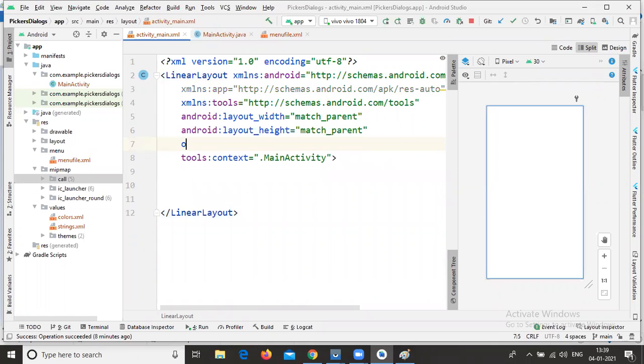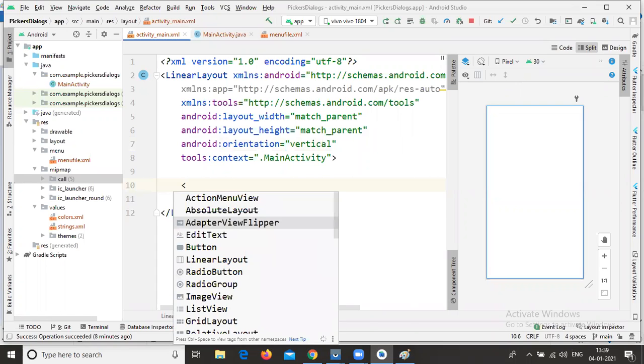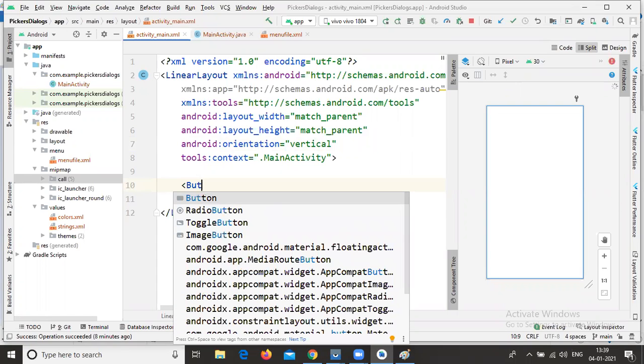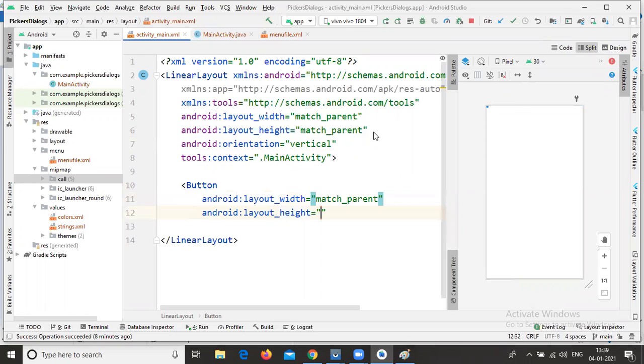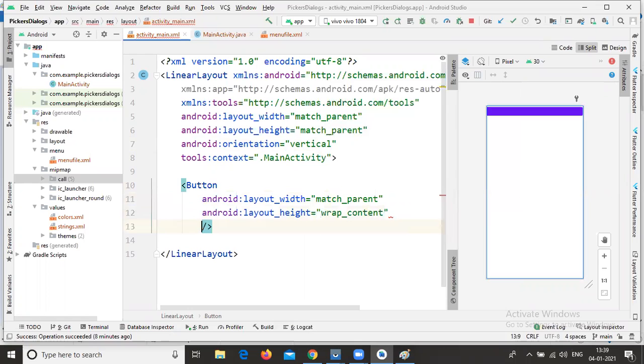After that, give the orientation as vertical. And after that, create a button with width as match parent, height as wrap content.